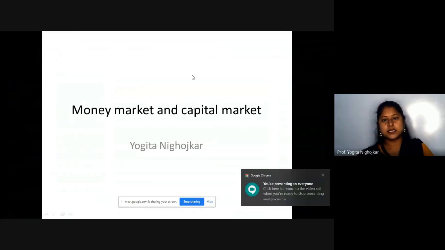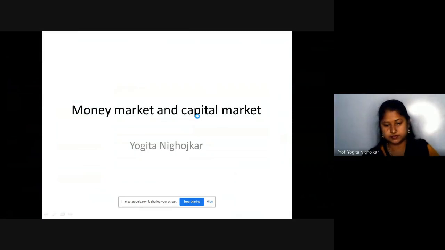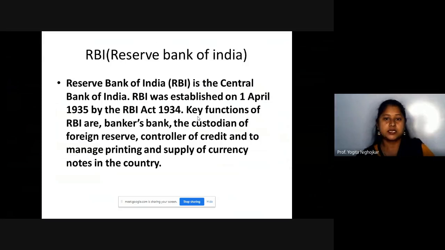Money market and capital market. RBI, Reserve Bank of India. Reserve Bank of India is the central bank of India. RBI was established on 1st April 1935 by the RBI Act 1934. Key functions of RBI are Bankers Bank, the custodian of foreign reserve, controller of credit, and to manage printing and